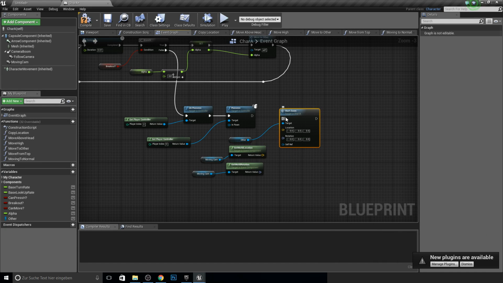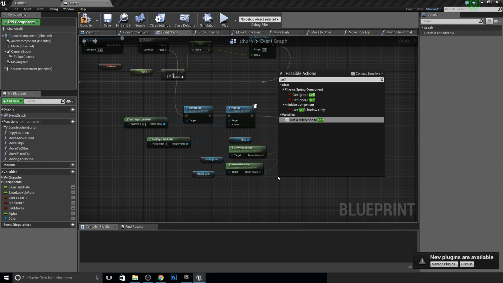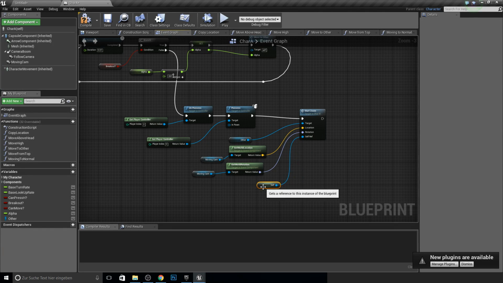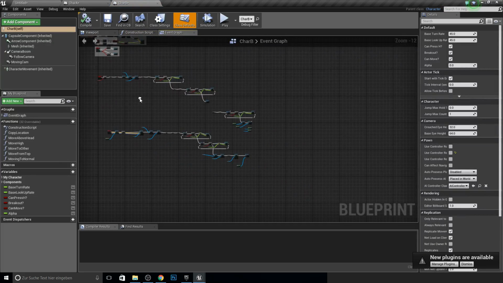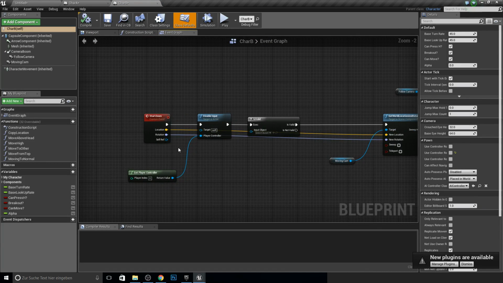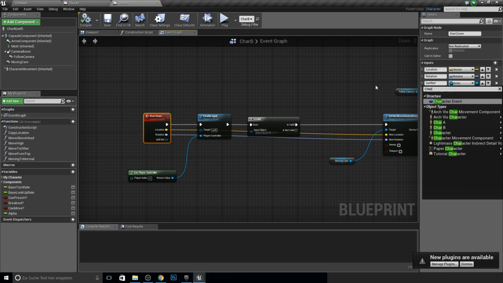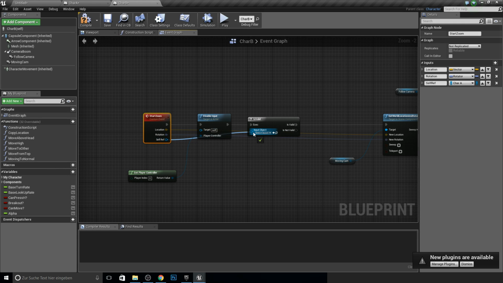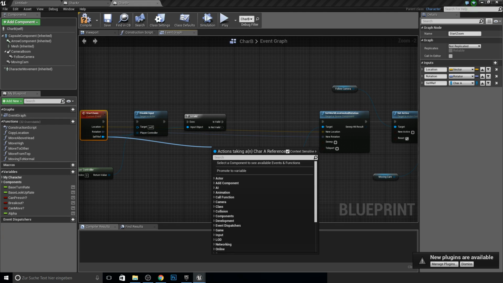Now we want to get this, so we give him the location of this camera, and we give him the rotation of this camera, and also we give him this self-reference like this. And then we go into the character B, and now we have here the self-reference, which will be character A. We are now in character B, so this one will be character A. This will go into this one, and we also